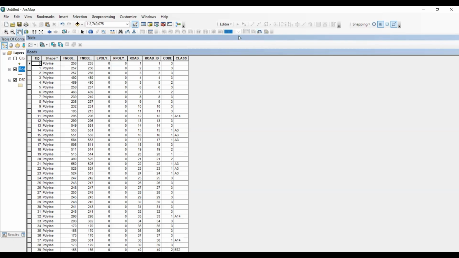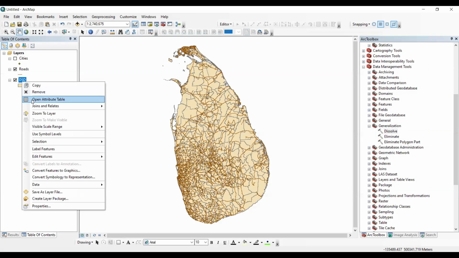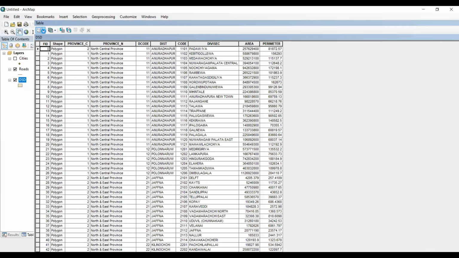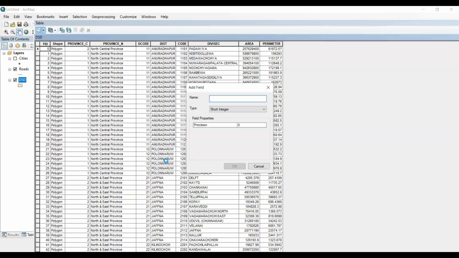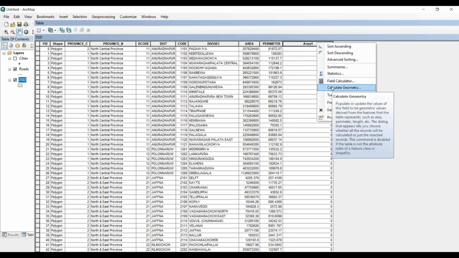So first of all, I'm opening the DS division. Since the area has already been assigned, you can go to table options and just add a field, so you are going to do the calculations. You have to name it Area 1, the type should be double, then click OK. Then click on the title and go to